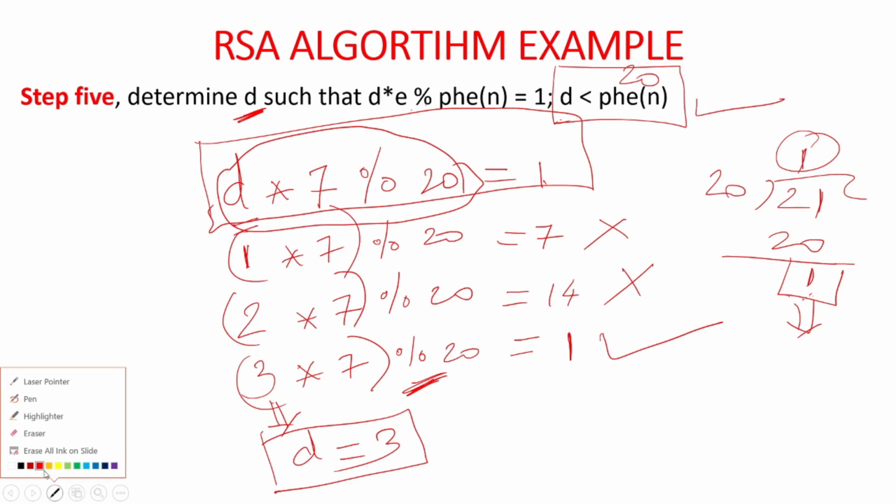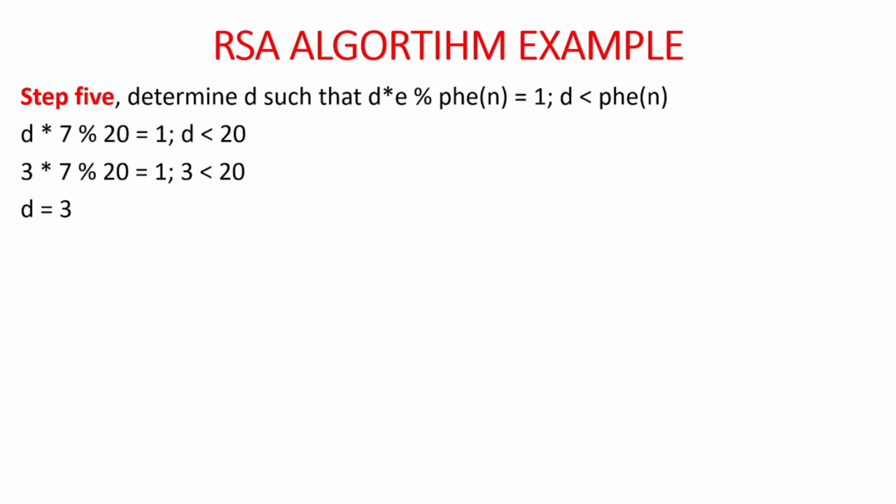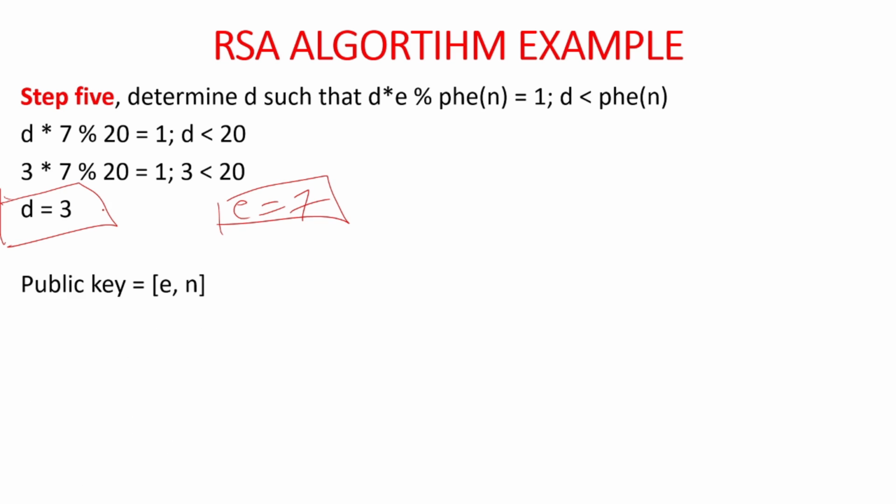So now we have both public key and private key, okay, public key part and private key part. Public key is 7 and private key part is 3. So now you can find the ciphertext and plain text both. So public key is what? E is just a part of a public key. Actual public key is E comma N. So your public key will be what? E value is 7 and N is 33. So this is your actual public key.